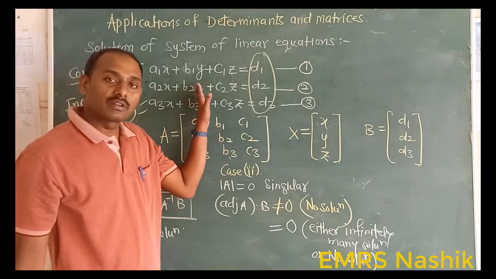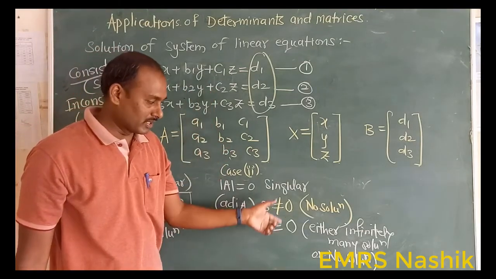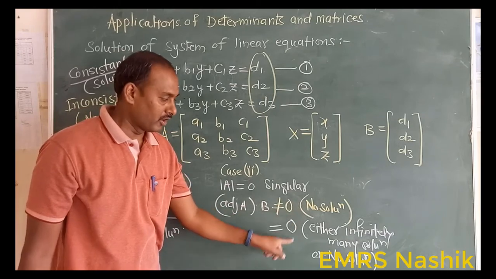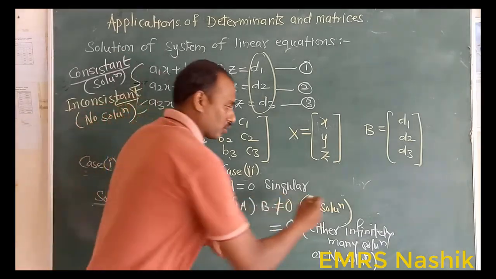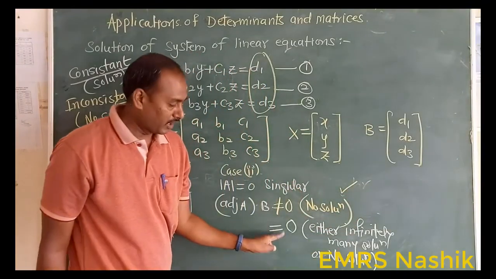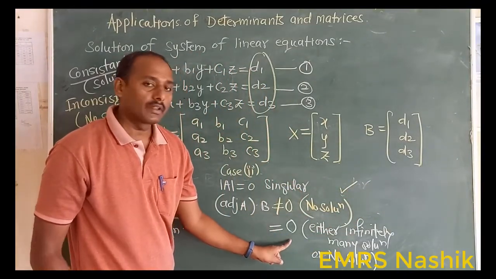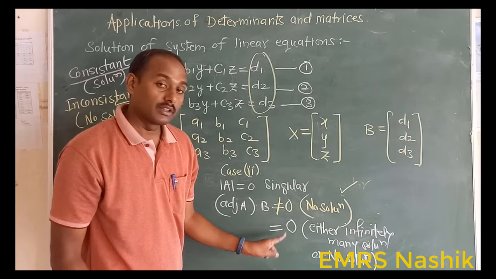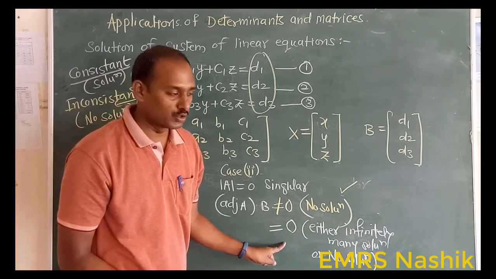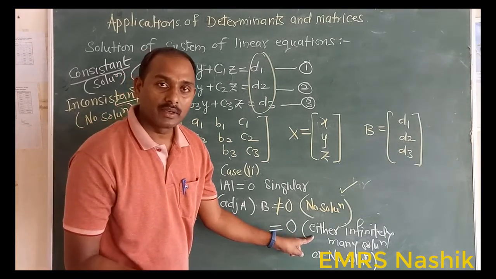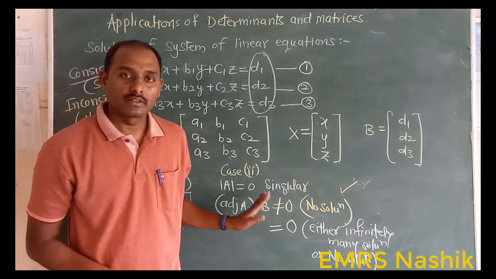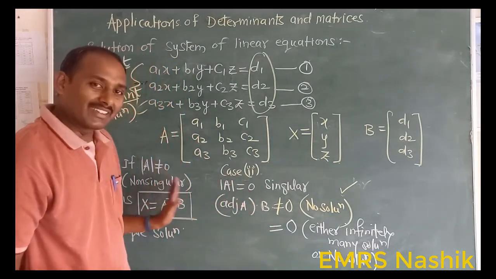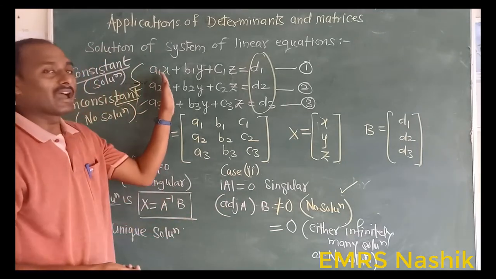And if this system has no solution, there is a possibility of no solution in both the cases. Here definitely no solution will be there. But if this product is the zero matrix, then there is a possibility that the system may not have a solution, or the system has many solutions. So there are two cases where the system has a solution.